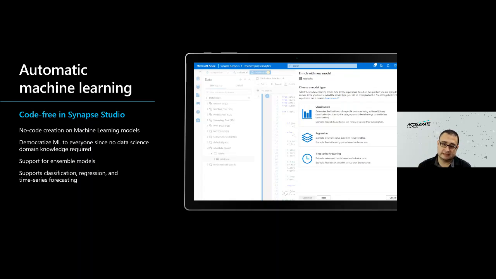Because tools like Synapse Analytics and Synapse Studio really allow those data analysts and information knowledge workers to use these techniques, with the help of technology like AutoML, to understand these models better and simply do a quick proof of value, proof of concept, and then bring that into the enterprise.